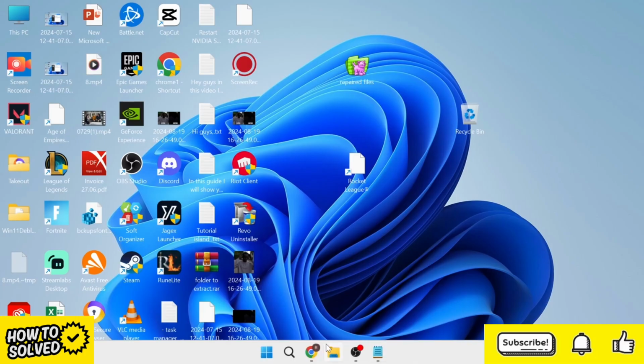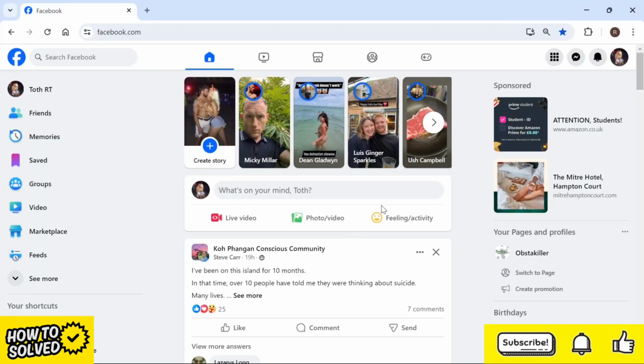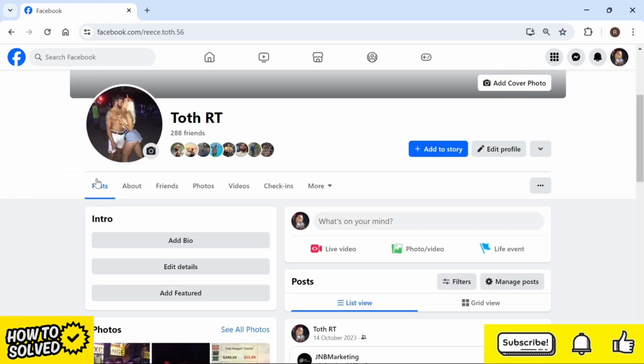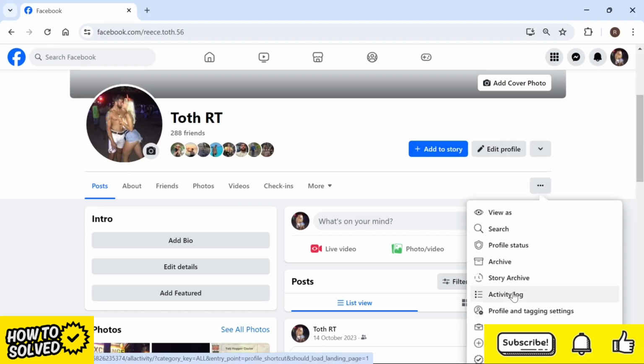First things first, let's open up the Facebook application on either your computer or mobile device and make sure you're logged into the account that you want to manage. Then we need to come over to our profile by clicking on our profile icon in the top left here. And once you're on your Facebook profile, just head over to these three horizontal dots, click on Activity Log, and